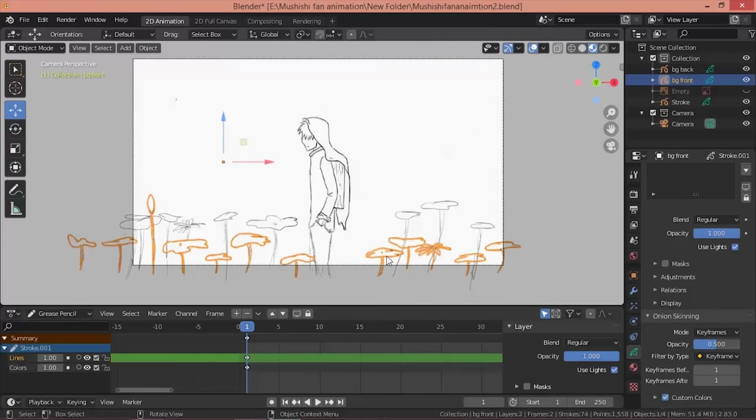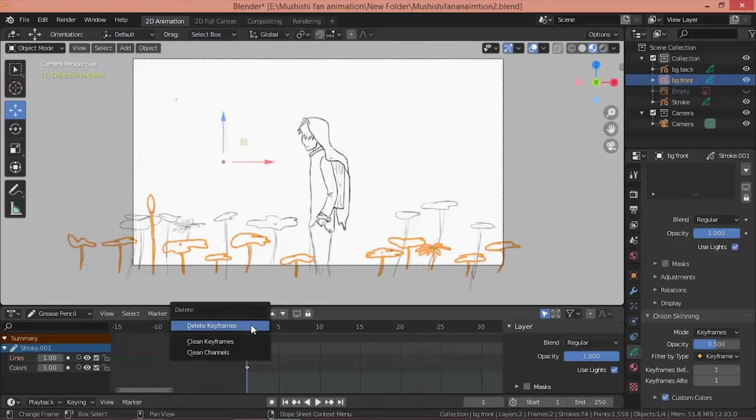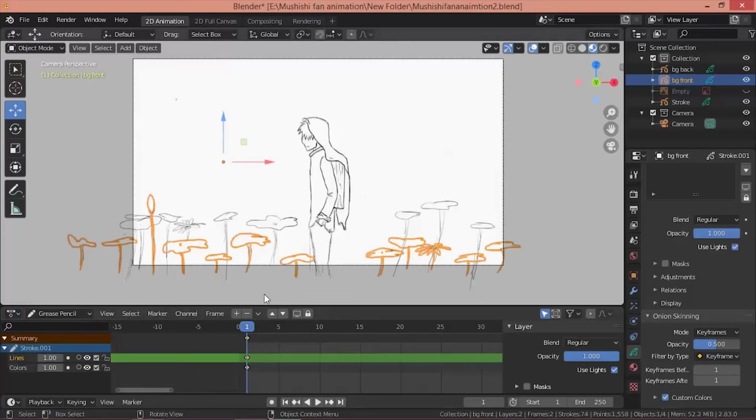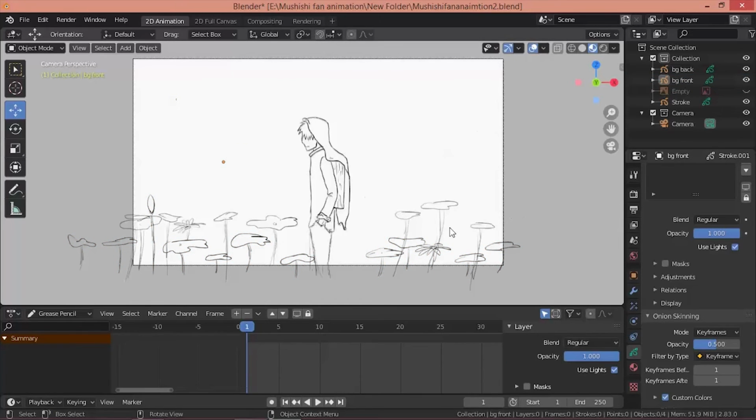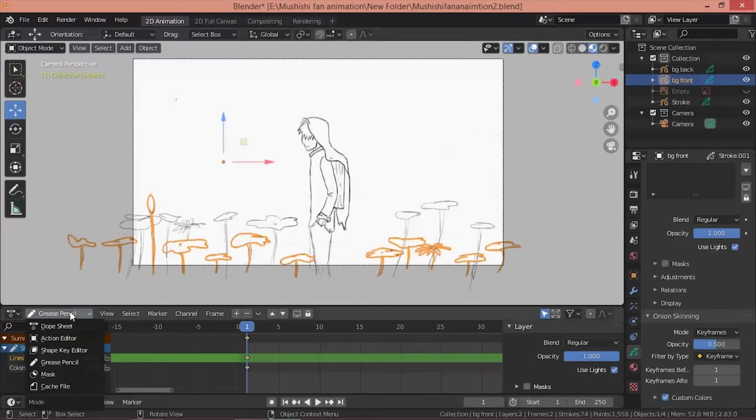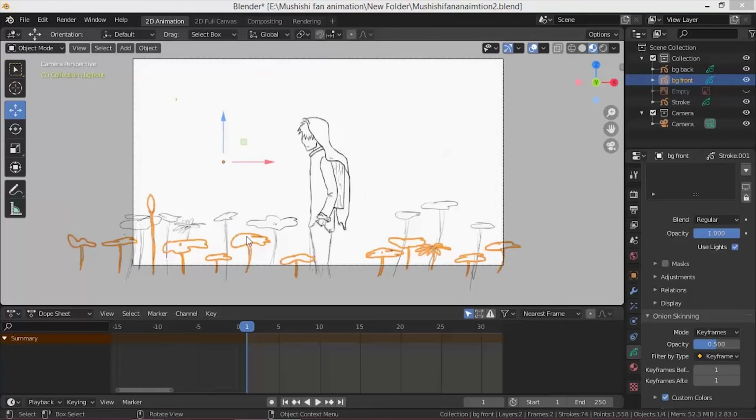And finally, for these plants, to give them a parallax effect, what I did is, I was in the object mode and I set this button to set automatic keyframes.